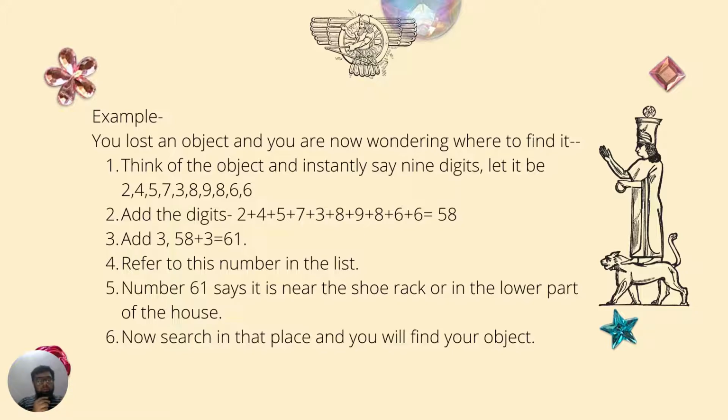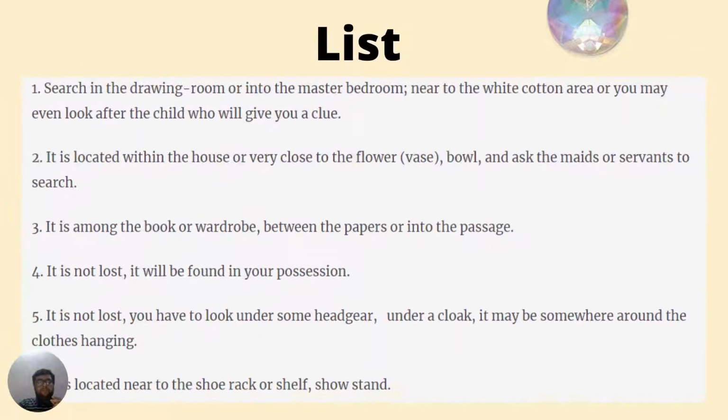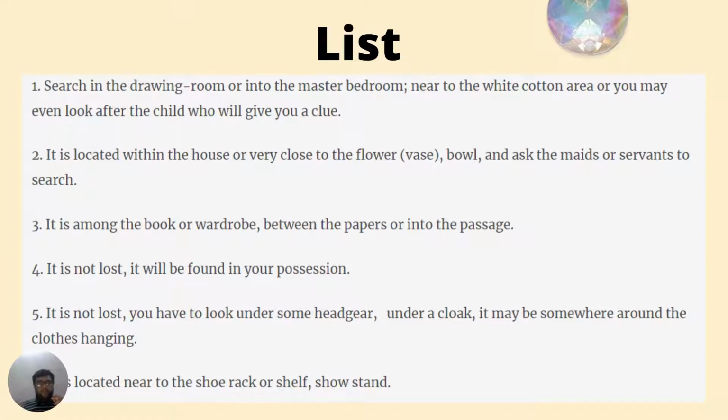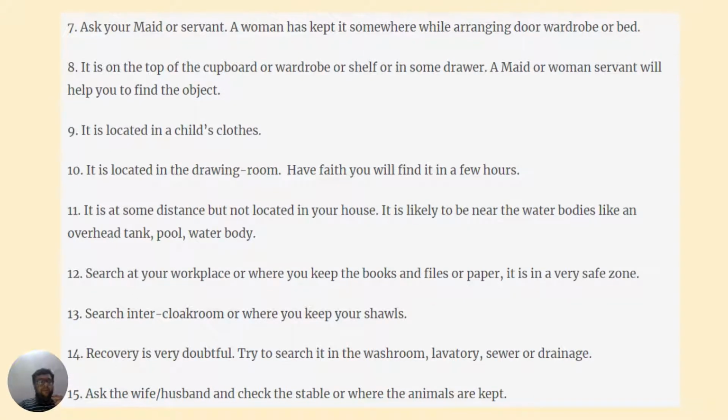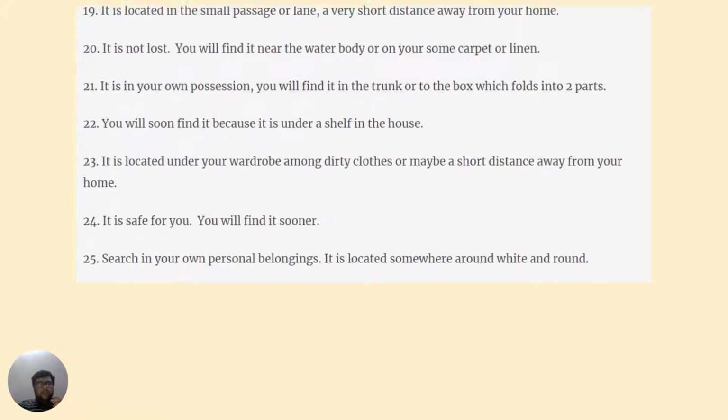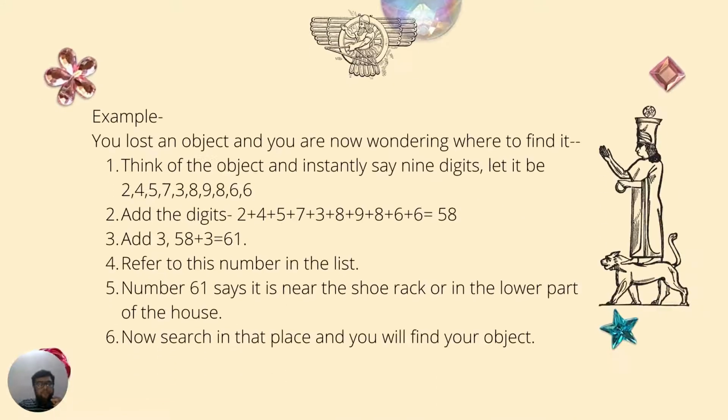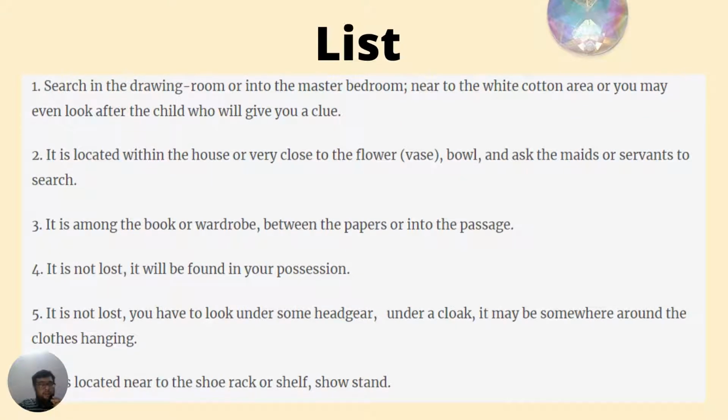So what you have to do is now you have to search that object in the lower part of the house or near the shoe rack. Like you have kept your paper or your keys near the shoe rack and you have now forgotten it. So now search in that place and you will find your object. So it is a very interesting activity. So now here we have the list, and there are statements corresponding to the list. So if you have lost any object, you can follow these steps, and you can